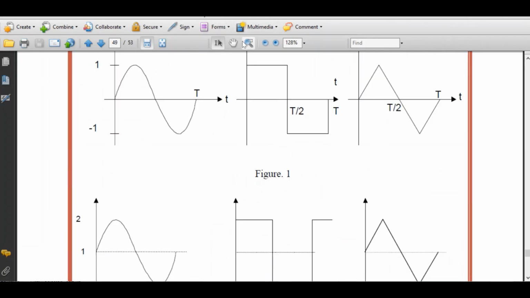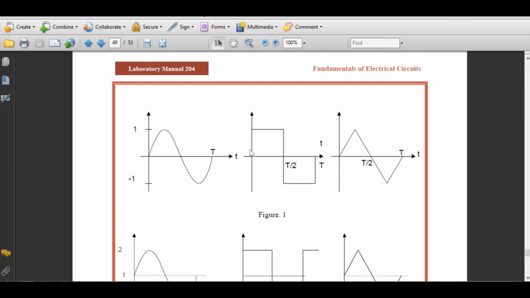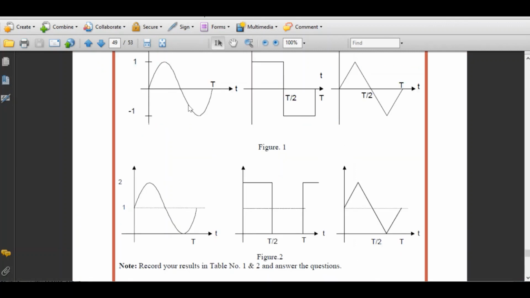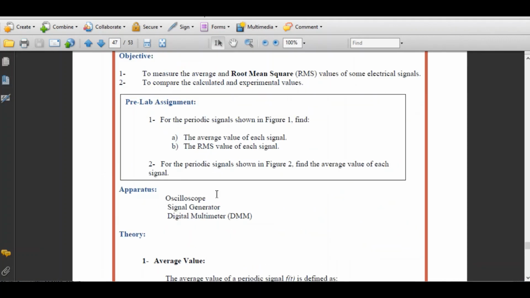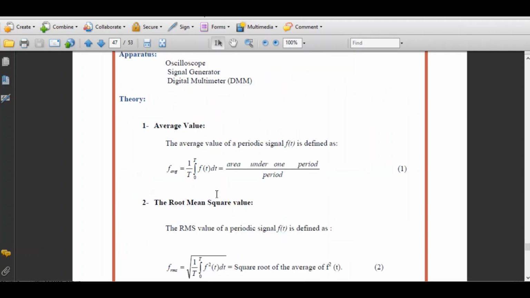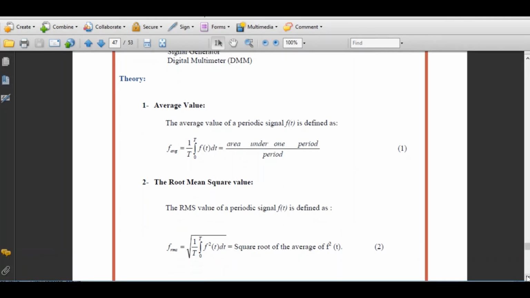Okay, here we have six waveforms. This is a sinusoidal, square and triangular waveform, and these three are repeated with some constant value added to these waveforms. So this is in the pre-lab. Now we have to do the same thing for these six waveforms in the lab, or in Multisim.